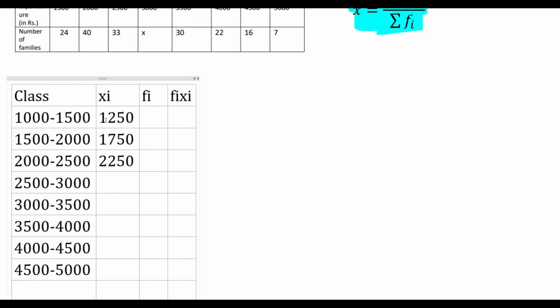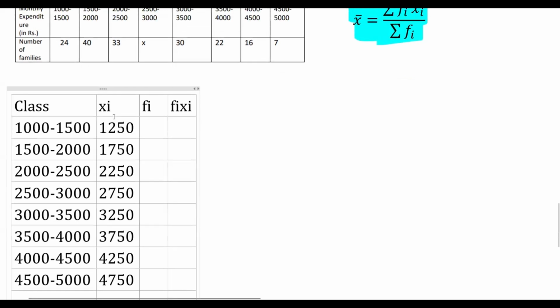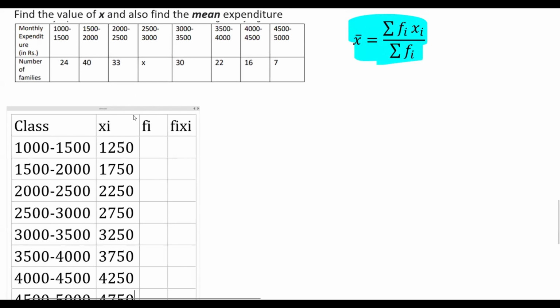And then 2750. 3250, adding 500 to the preceding. That is 3750. Then it will be 4250. And lastly, it is 4750. Fi, which is given over here, Fi is the